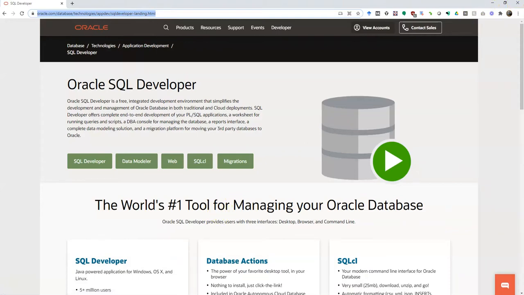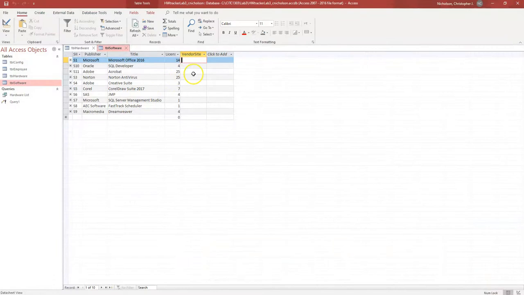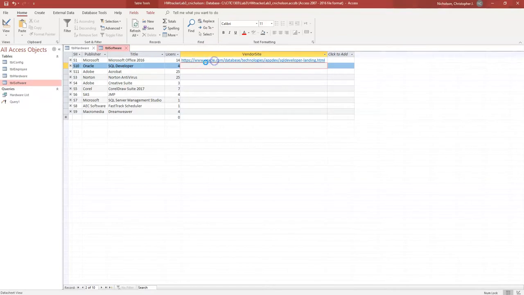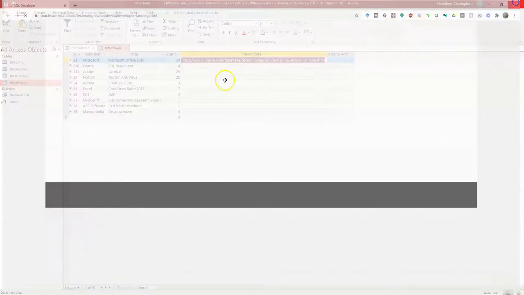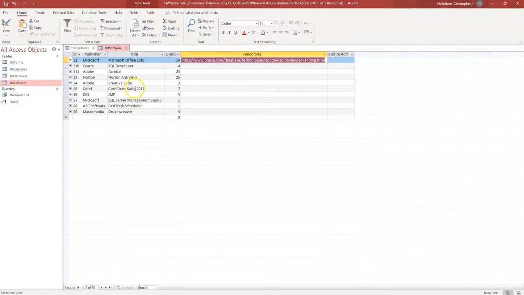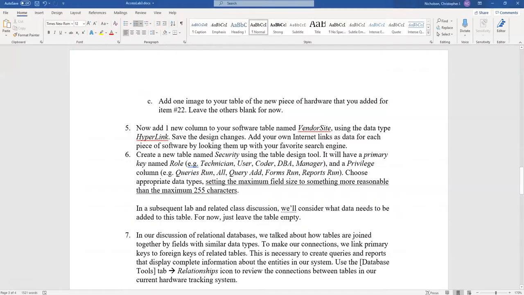You might want to download this. By the way, create an account on SQL and download this for later, because before the end of the semester, we'll do something with SQL Developer. I'm not sure exactly what yet, but we've done stuff in the past. So you do this, and so on, for the rest of these, whatever you've got in your software. All right, so